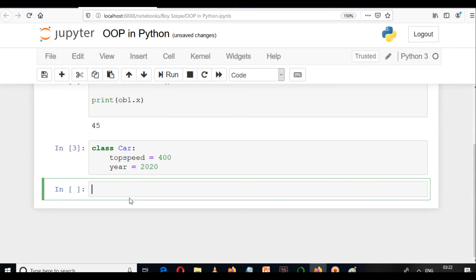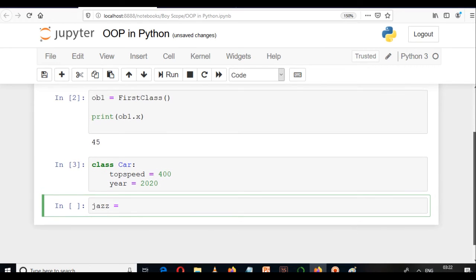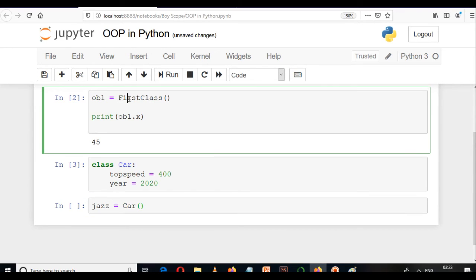Now let's say jazz is equal to, and whenever you have to create an object of this class, you will write the name of your class. Remember, it is case sensitive, so you have to write the same name that you used to create that class.